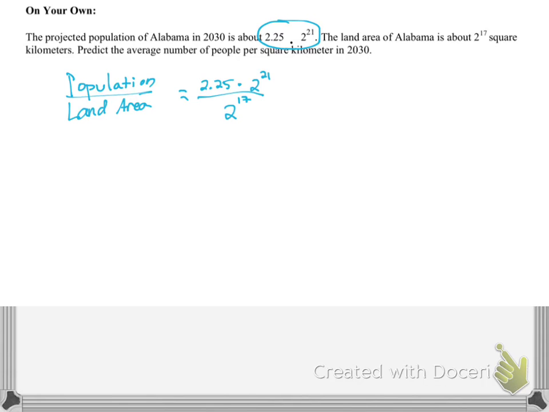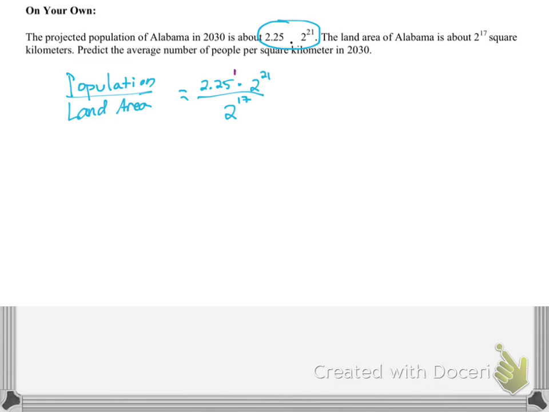So this is actually something that you can do. Take a minute, try to solve this, try to simplify it. Yeah, pause the video, try to simplify it. Actually, my mistake from before was that I crossed out a number. Now, if you look across in the numerator, 2.25 times 2 to the 21st power, this is exponent 1,